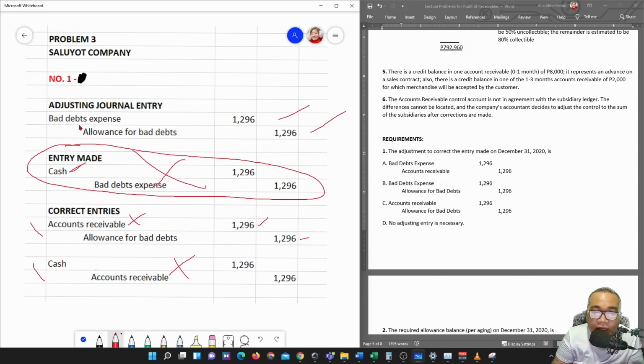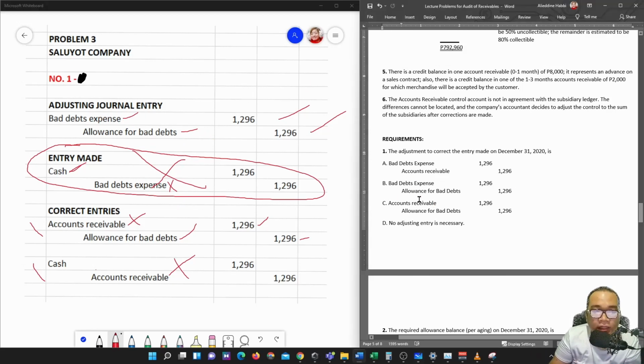So, hindi mo na siya kailangang ilagay pa sa adjusting journal entry. Kasi nag-quits na, inopen mo, tapos close mo ulit. Nag-quits na, kinancel na nila yung isa't isa. So, zero na yan. Ito na mga allowance for the bad debt. So, yan, kung saan yan dapat yung proper, yung kaya nilagay mo siya dito. Yung bad debt expense na kung saan improper siya, ni-reverse mo siya. Diba? Kaya ganyan din dito. So, ang answer is,